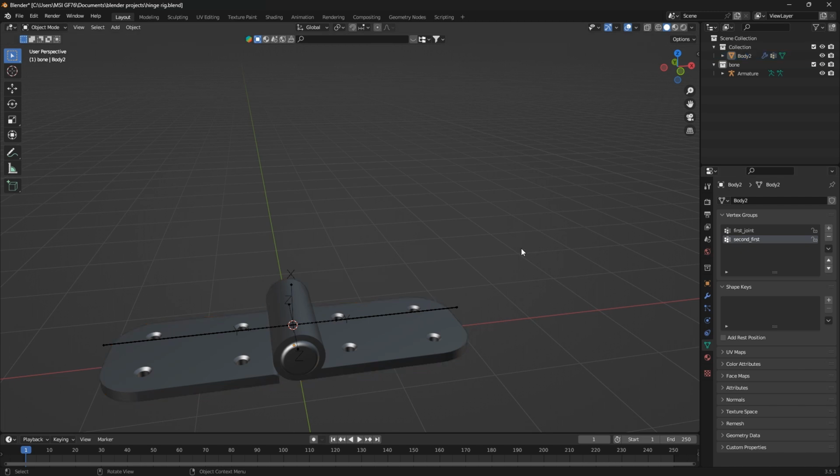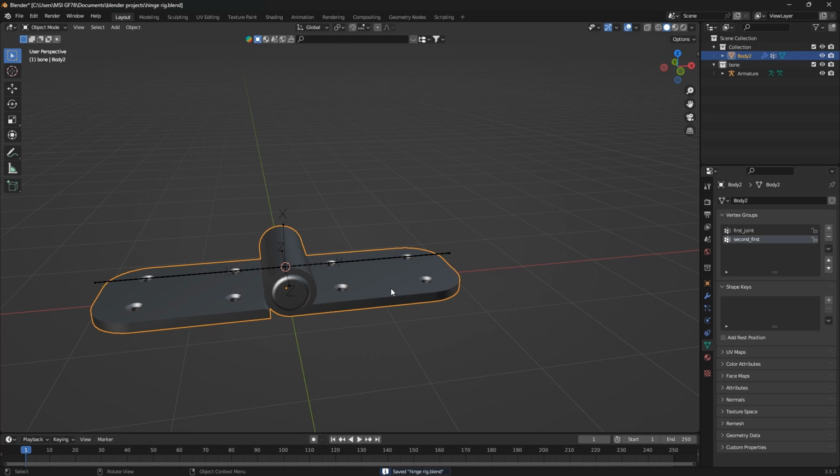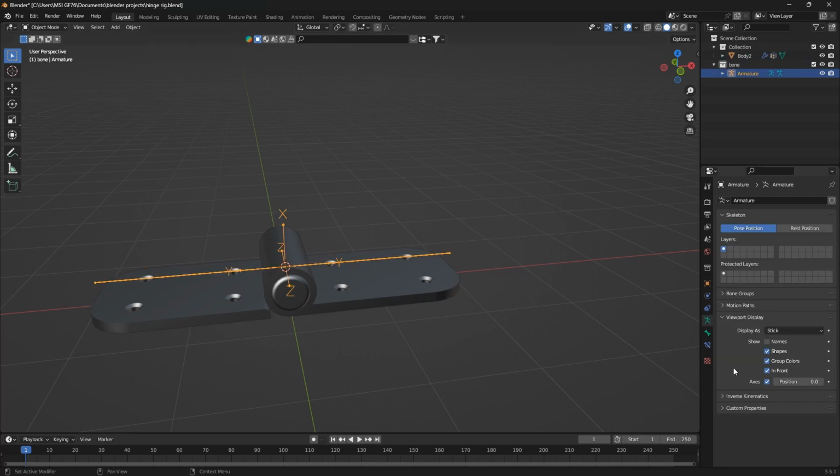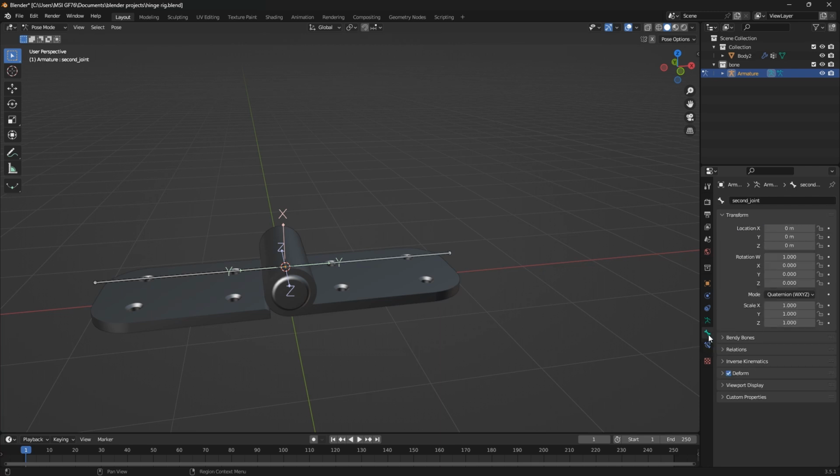Okay, so now I have it like this. I have it saved. Let's go back here to the joint, and then let's have this on pause mode. Remember the shortcut is Control Tab, or you could just come here and do it if you're not very familiar with shortcuts. So now this is the time where I will start